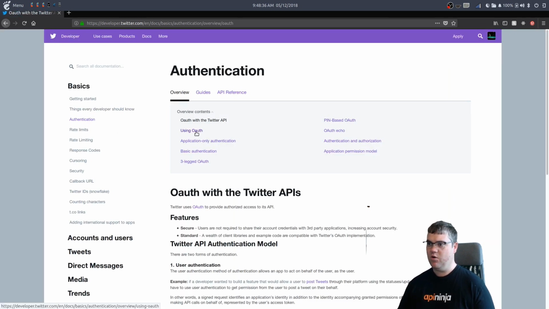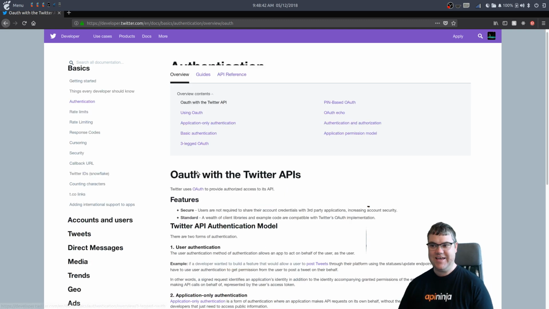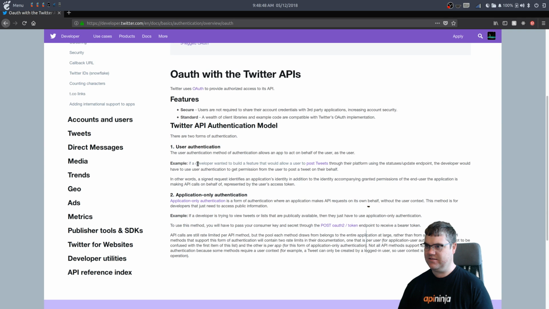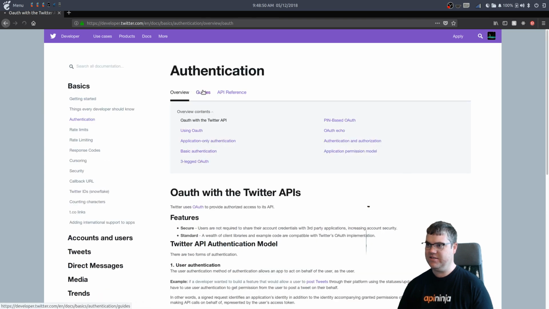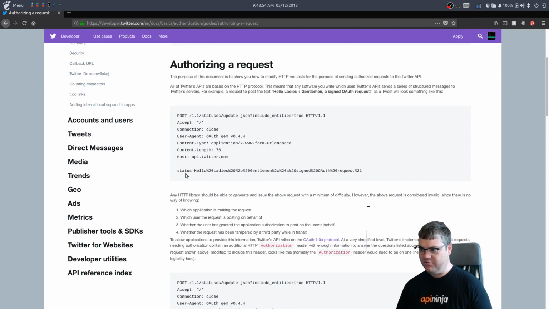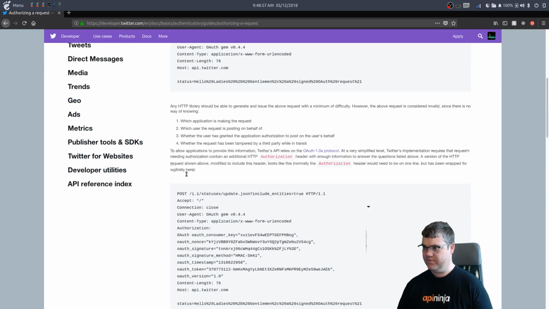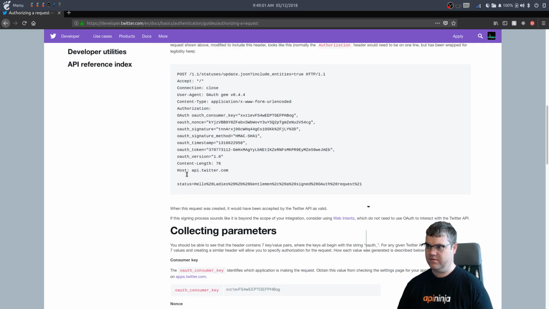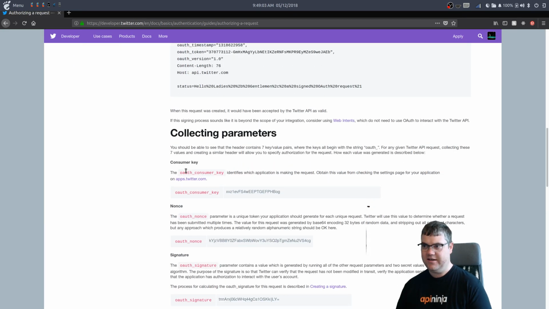And we're going to use OAuth, but there might be a way to use OAuth in a very interesting way. So where is, maybe it's guides, not overview. Okay, so authorizing requests. Okay, so